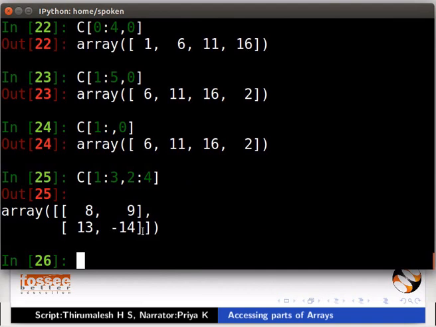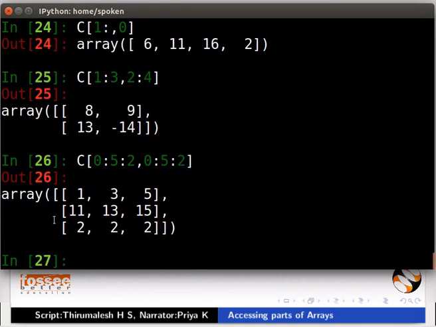Next, we will learn the idea of striding using the array C. We will try to access only odd rows and columns, that is, first, third and fifth. Type C[0:5:2,0:5:2]. We can also type C[::2,::2].